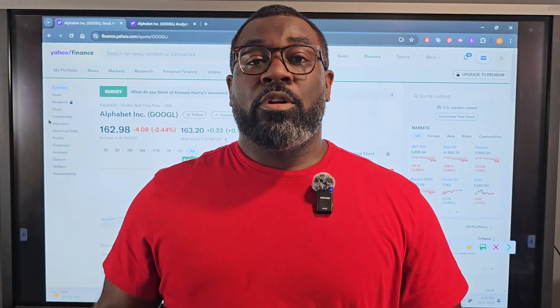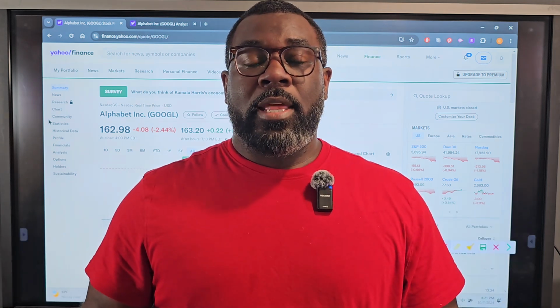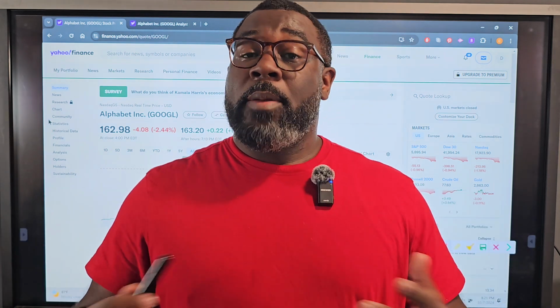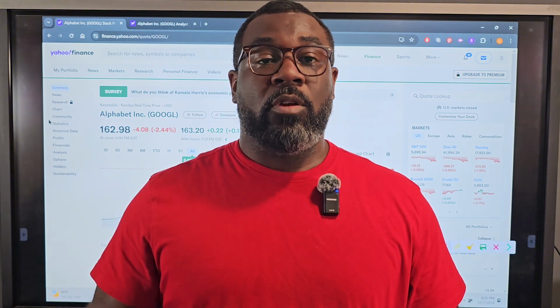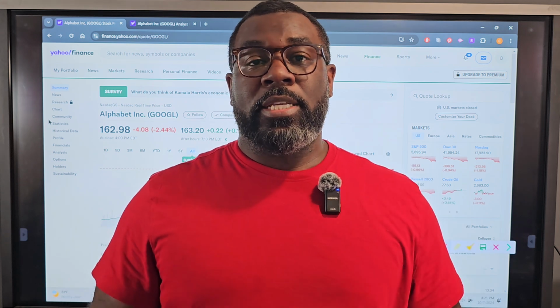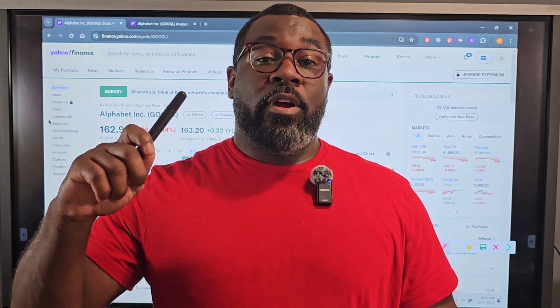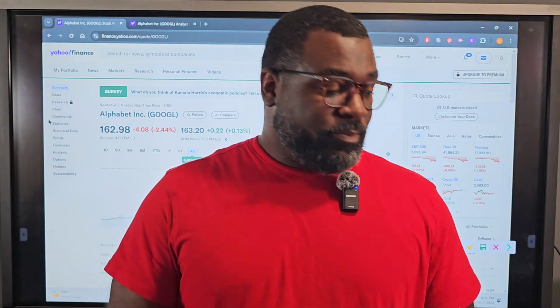We're going to go over Google, the big, giant search engine company that is dominating search engine volume, but maybe not for long. We're going to take a look at their fundamentals, see what their growth metrics are doing for their revenues and earnings and cash flow. Then we'll look at their valuation, and this is a first for a valuation of a stock that I've done, so stay tuned for that. So let's get into it.